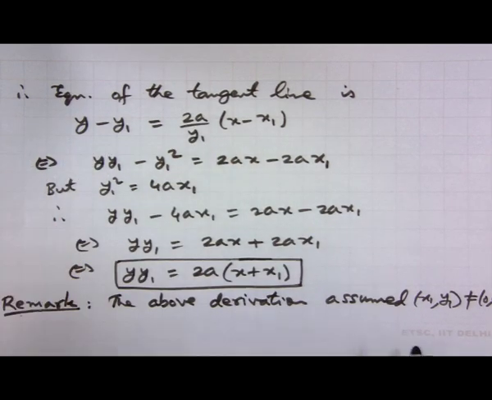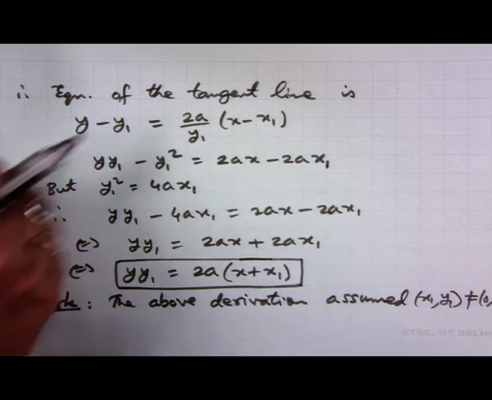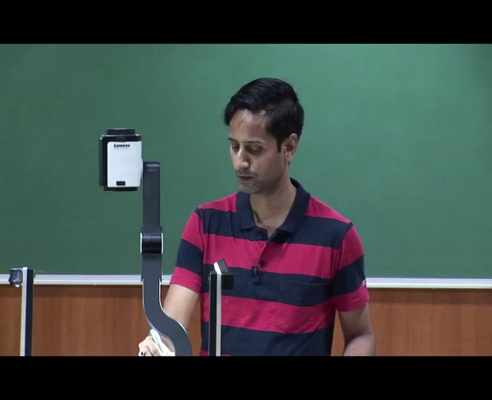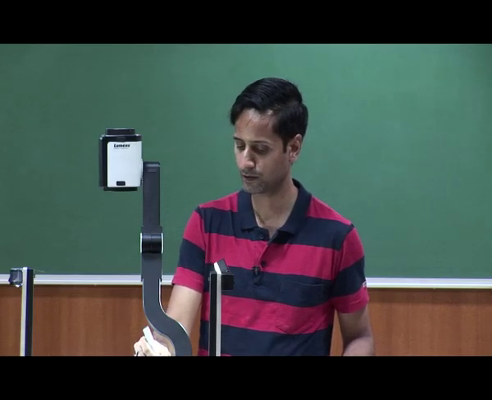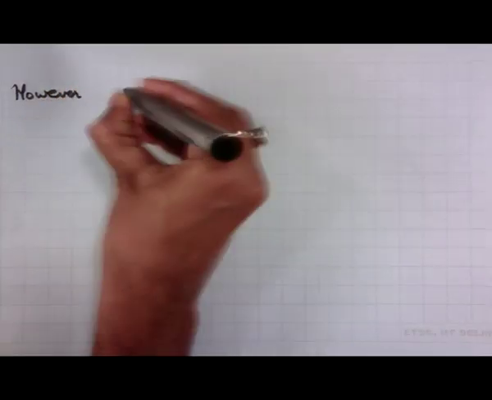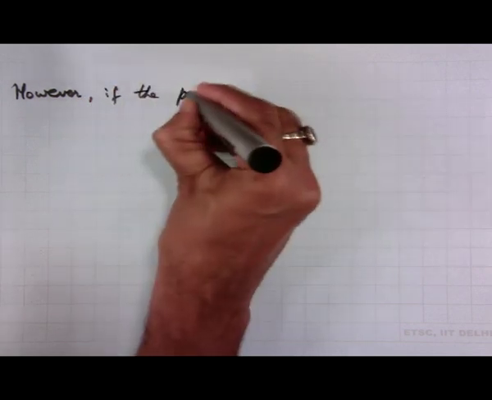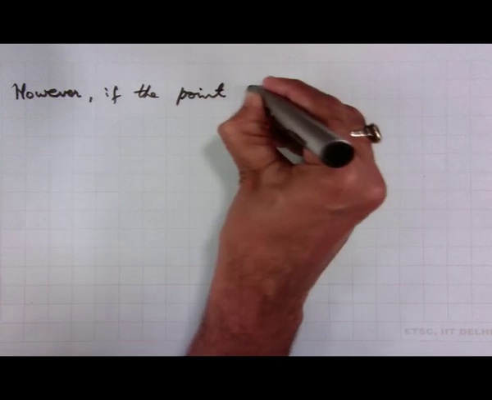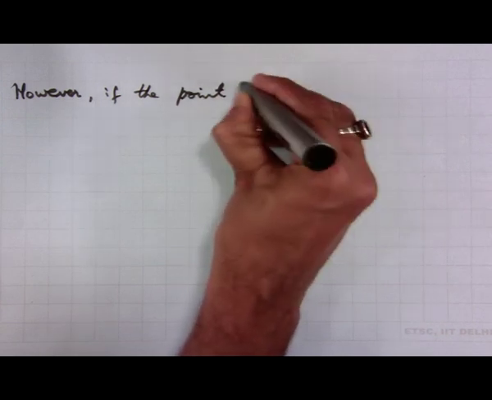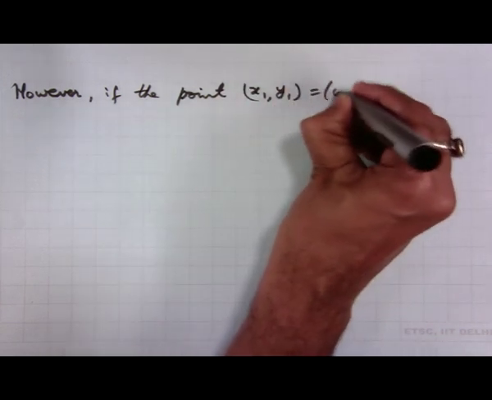So, this assumes this, but however, if the point x 1 y 1 is 0 0,